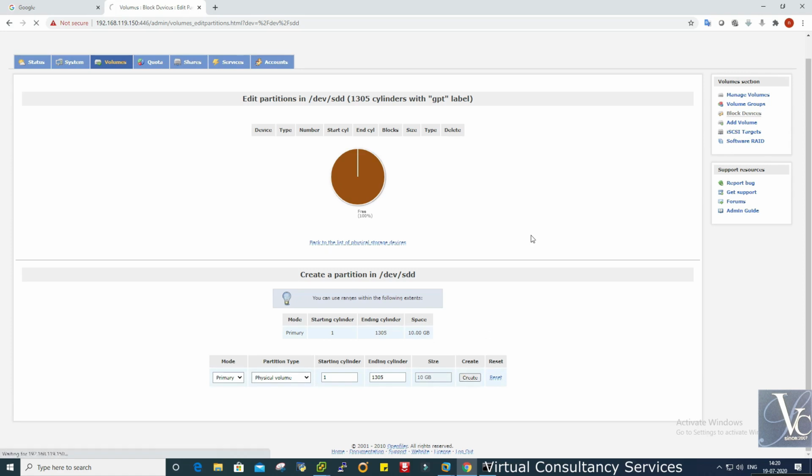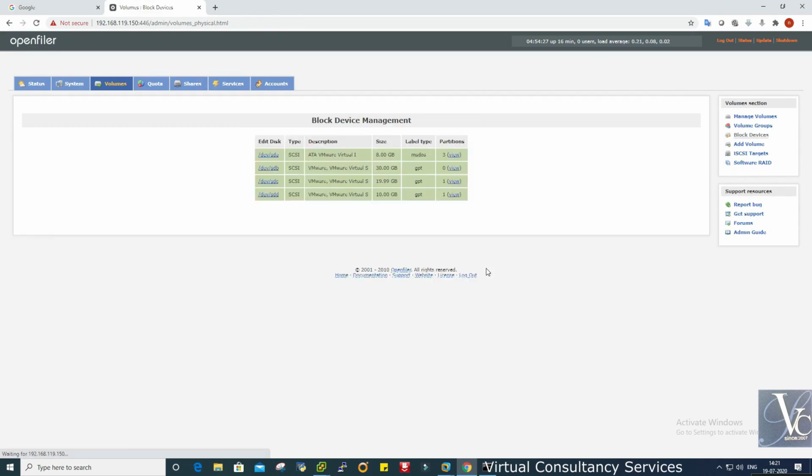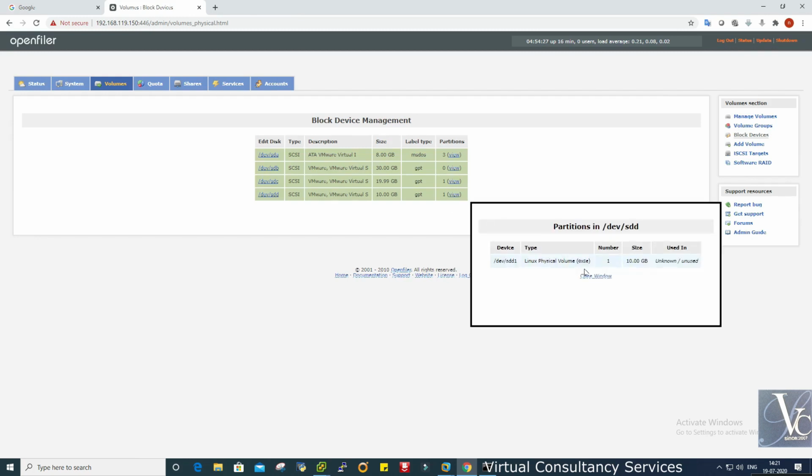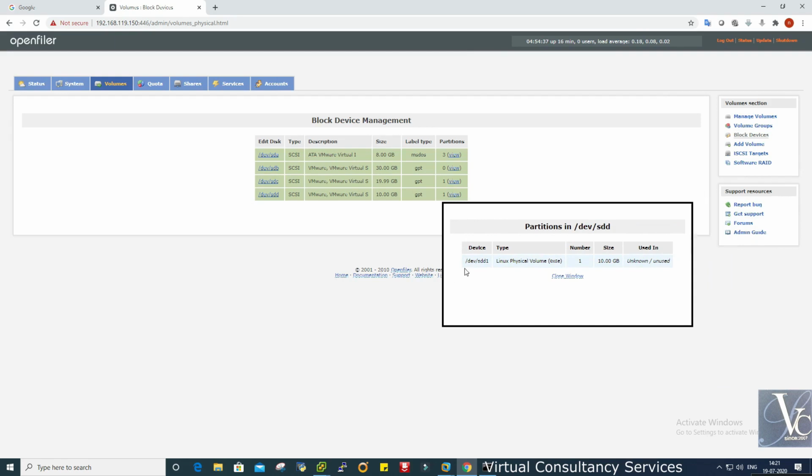So we will create the partition now. Now the partition is created. One partition we can see, this 10 GB, the name is SDDD1.